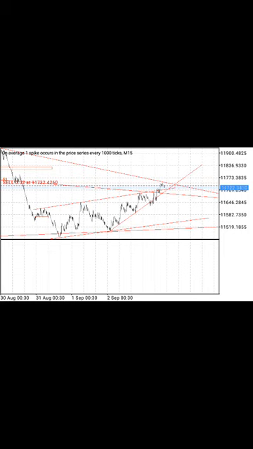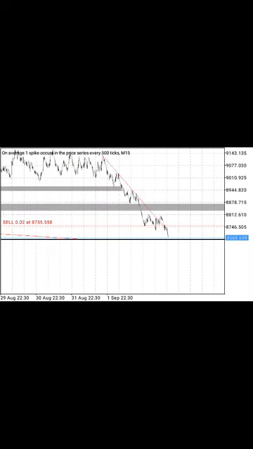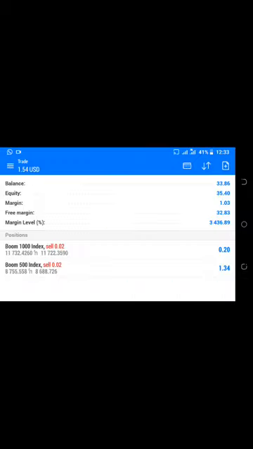So why am I taking out time to talk to you about how to swing trade and how to day trade? The reason is simply because you need this knowledge to be a success in the market. All right, you can see my trades, just two trades have given me $1.54. If you are consistent, if you are patient, if you are willing, you can make it happen to you. Yesterday the account was at 30, and look at today, it is at $35.41. This account will continue to grow to millions of dollars, and I'm going to take out time to grow it, and I'm going to teach you how to do it.